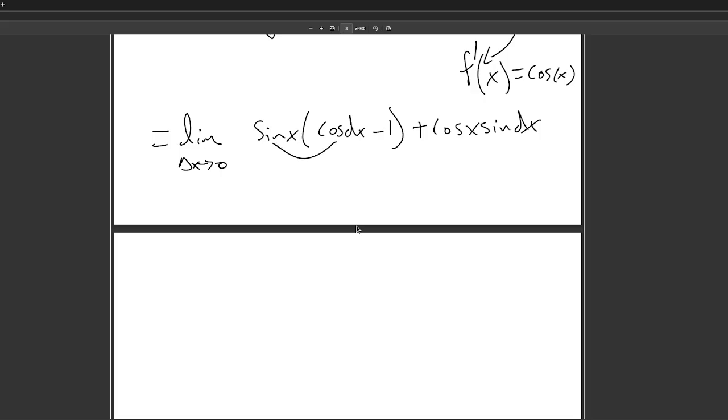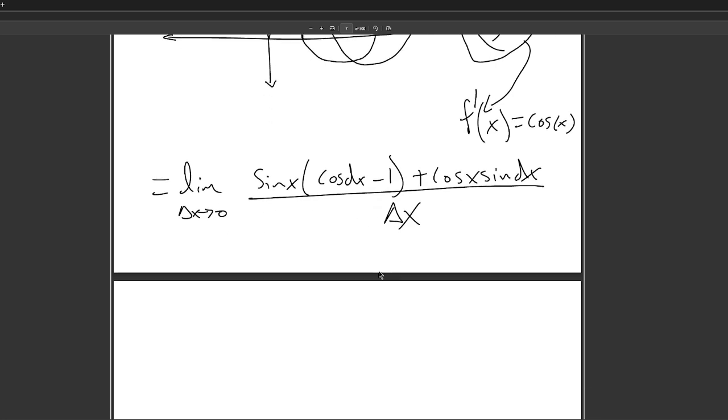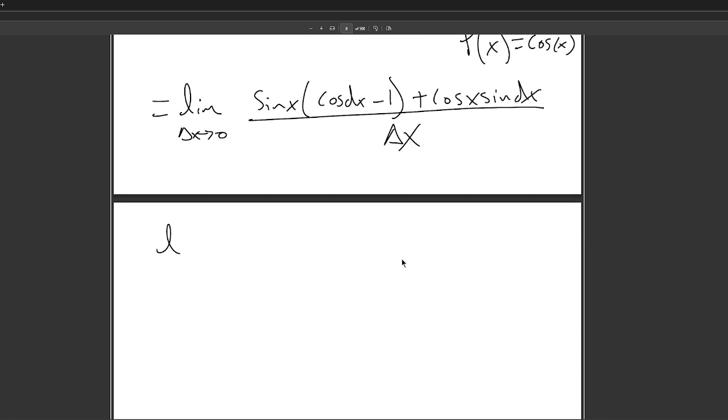So effectively, if you distribute this out, you still get the sine x cosine dx term, but then this negative sine x that was at the end, right? It's just rewritten over delta x. And now we can do what you said earlier, which is factoring out the sine. So this turns into the limit as delta x approaches 0 of